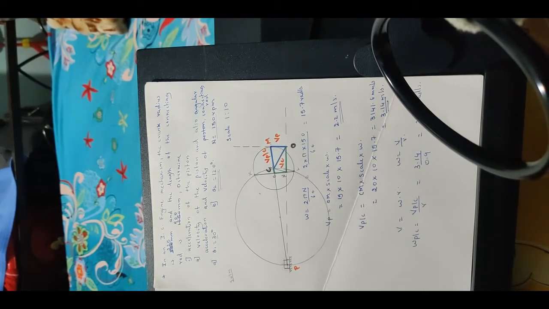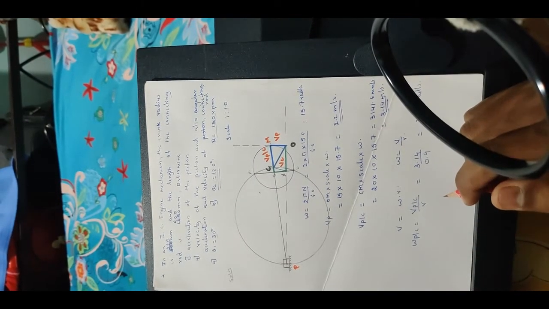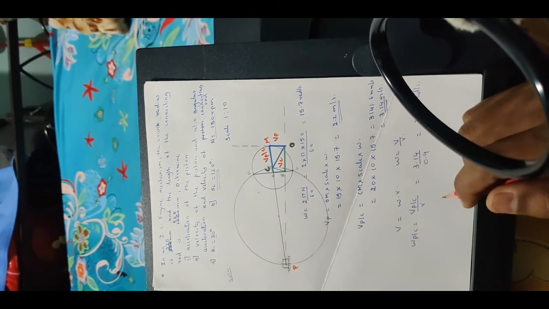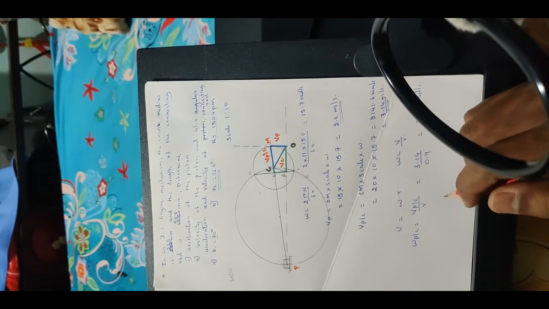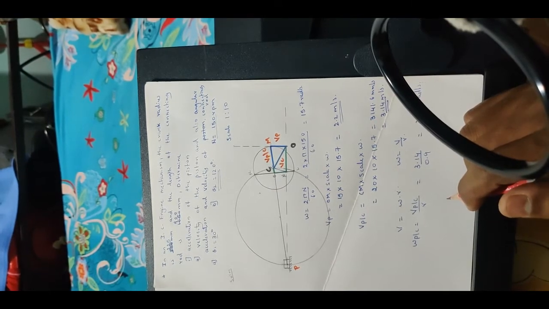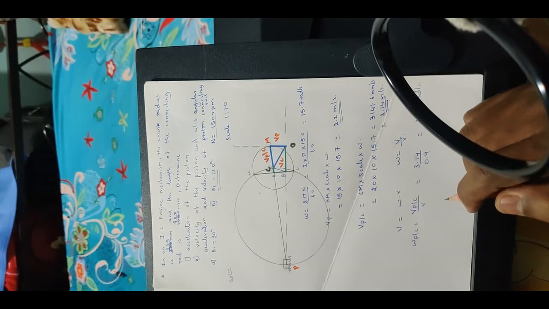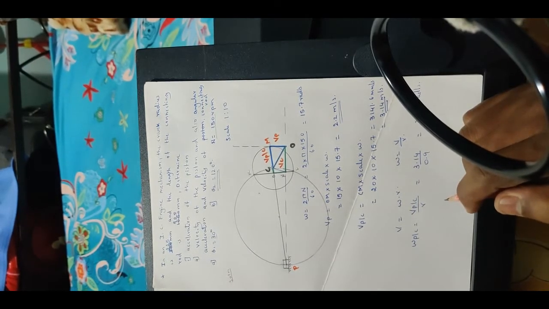In this session, we will be solving the same problem which we have solved previously. Here, theta, which is the crank angle, we'll now take as 120 degrees. So the same problem is there. We have to find the acceleration and velocity of the piston, and the angular acceleration and angular velocity of the connecting rod for the given dimensions.